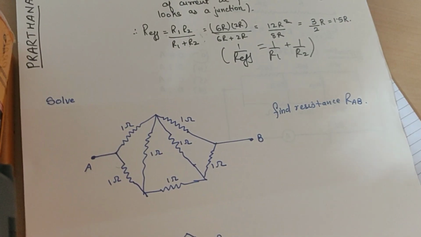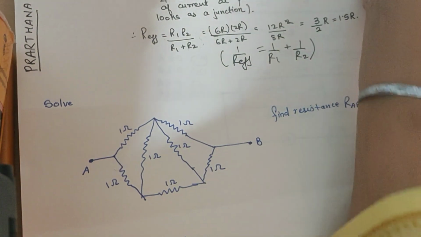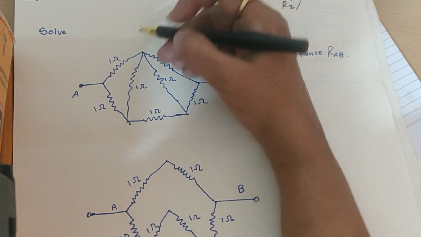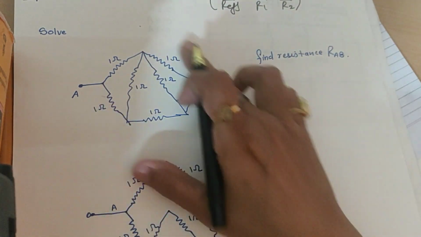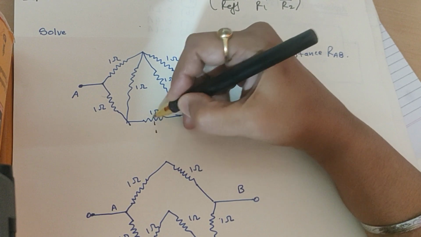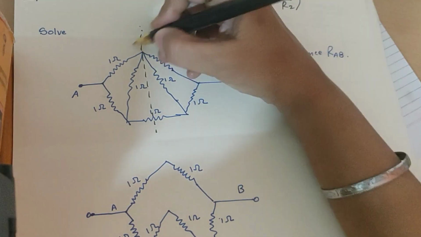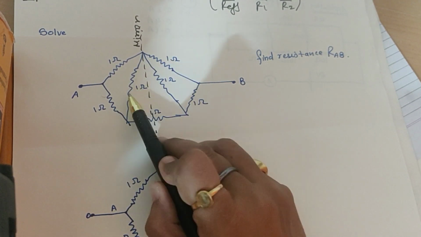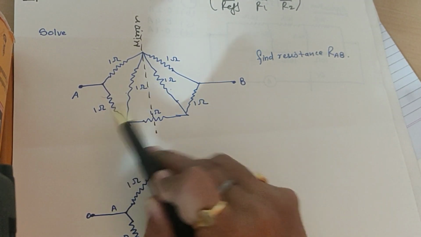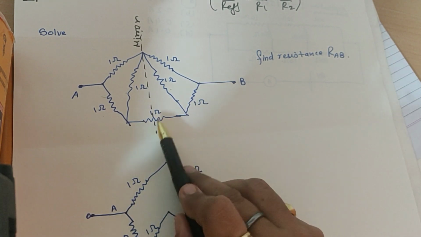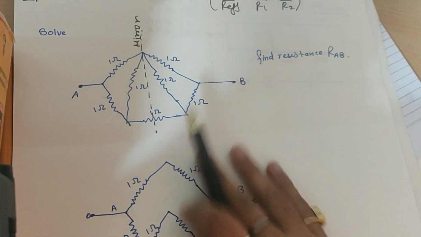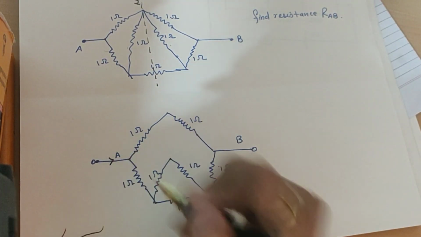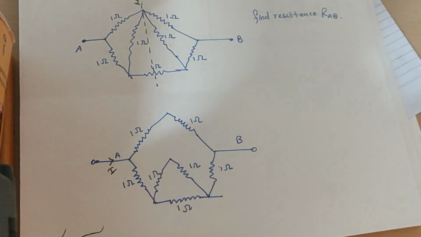Now this is the question we have taken on the basis of mirror symmetry. I'll explain it to you, but you have to do it by yourself. Suppose the circuit is given to us like this. Suppose I put a mirror over here. If I put a mirror here, you can see that 1 and 1 would be the same, and this one and this one would be the same. Now we are not bothered about this part. Now you just see how the distribution of the current will take place. Suppose current I goes from here.